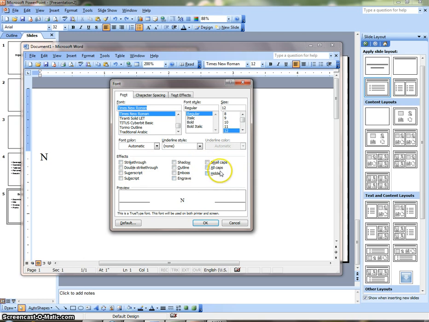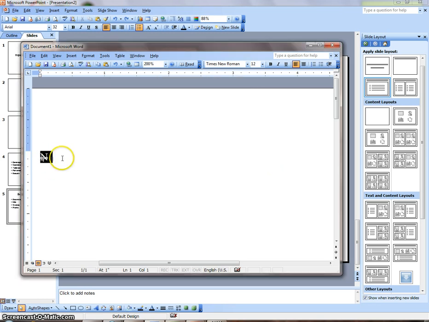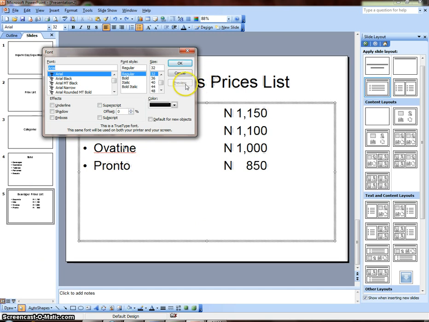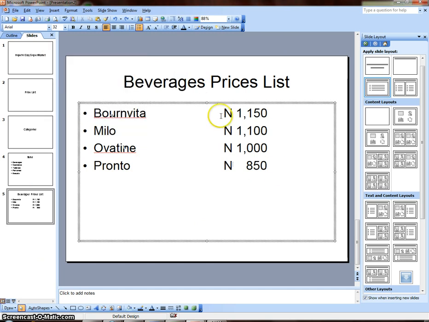We have about 11 effects here. So this is what I'm looking for: double strike through, which will just make this naira. Unfortunately, we don't have it in PowerPoint, so I'll just use N. As well, I can actually try to